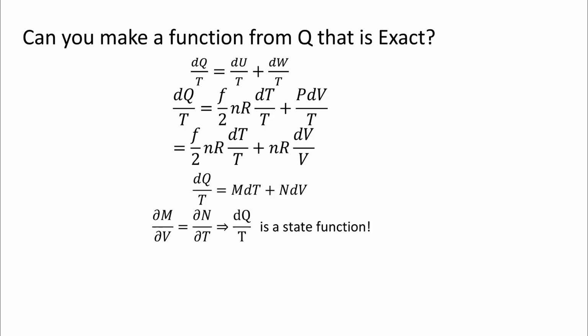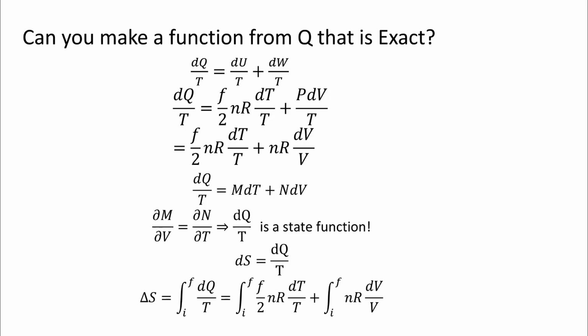So this weird combination, dq over T, is apparently a property of the gas. And let's call it S for state, because it's such an important state property, right? Of course, I have absolutely no idea what this thing is, but it is a property of the gas. It's a property that, in principle, I can measure. And I just need to look at the gas.